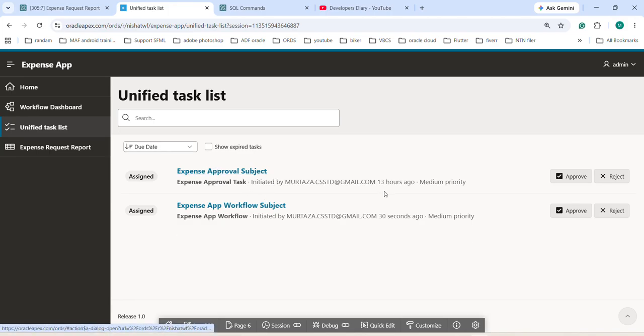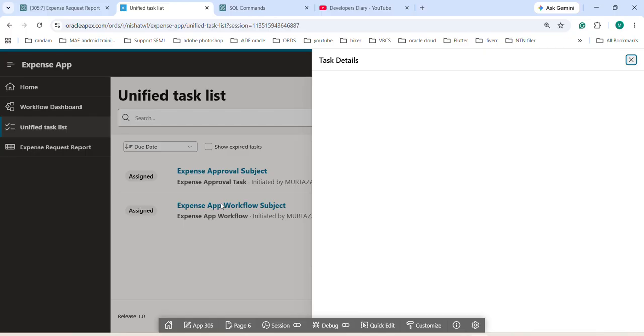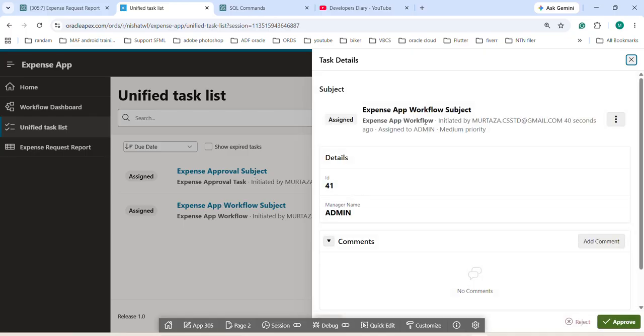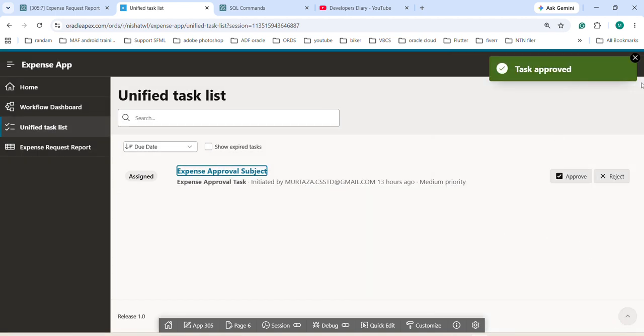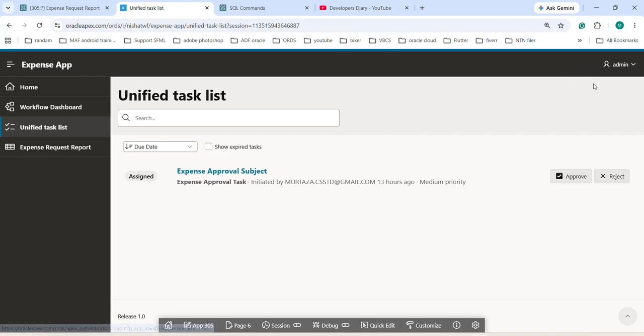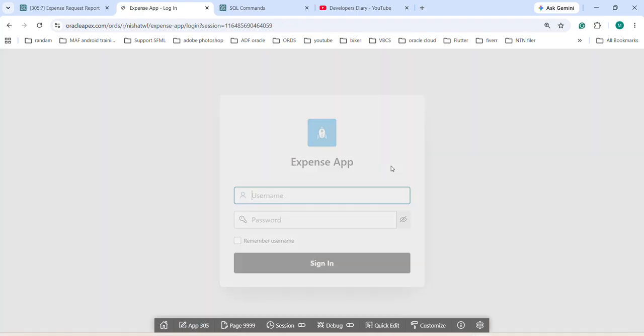And you can see that 30 seconds ago we have initiated this workflow. So you can see that, and click approved. Shall go back to the user,